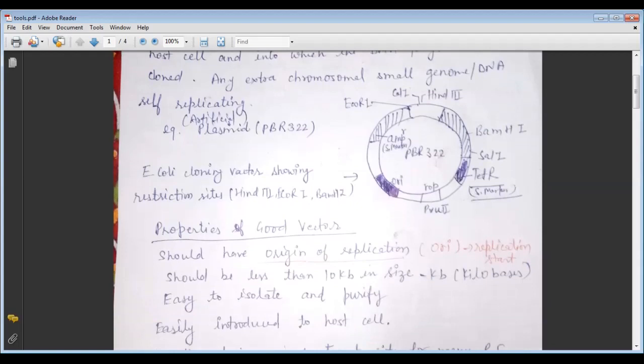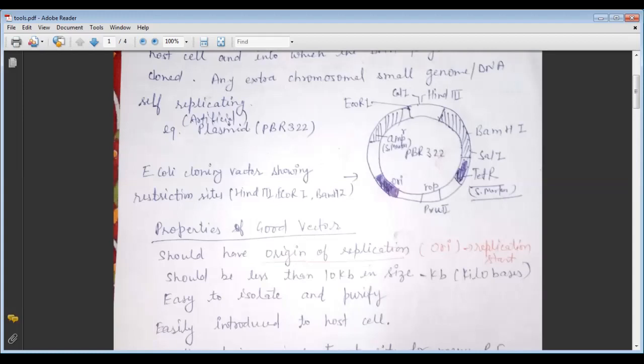Before starting pBR322, we know that the vectors used at present are engineered in such a way that they help easy linking of the foreign DNA and the selection of the recombinant from the non-recombinant. What happens is that when our recombinant DNA is prepared, many non-recombinants are also prepared along with it. So there is a selection, or the origin. There are so many steps here.